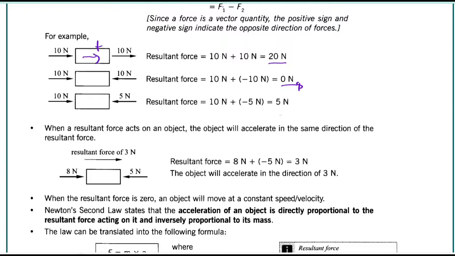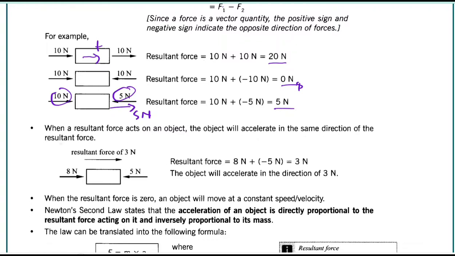Then we're subtracting, and we get a resultant of 5 newtons. This resultant of 5 newtons goes along the direction of the greater force, so there is a resultant going in this direction, are we together? And that resultant will have a magnitude of 5 newtons, which is the difference between this one and this one. So when a resultant force acts on an object, the object will accelerate in